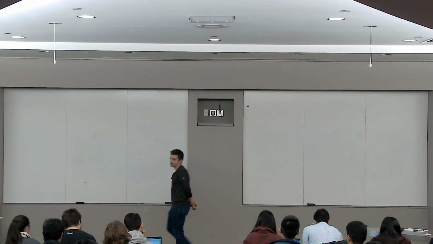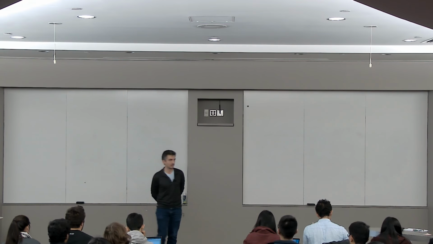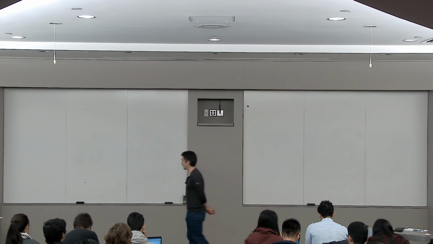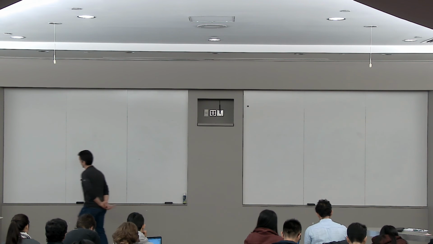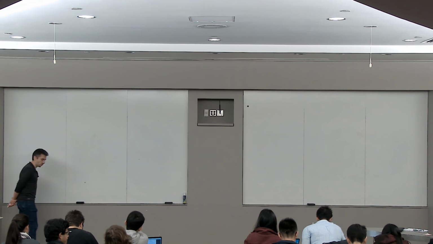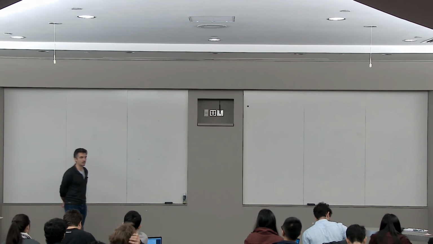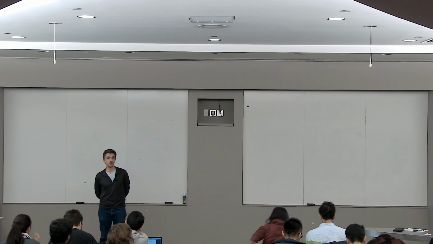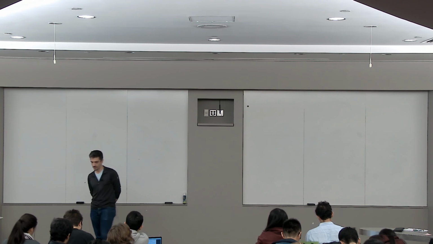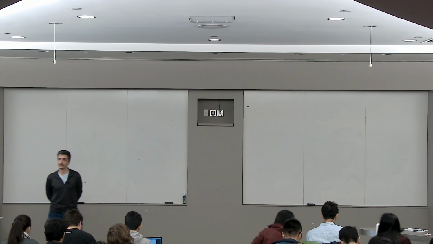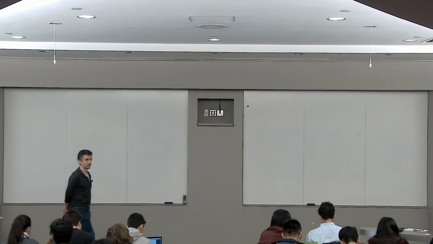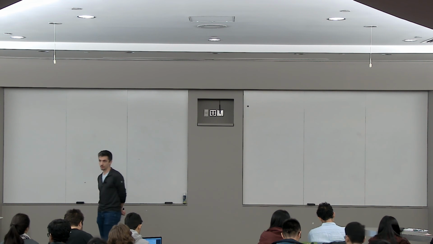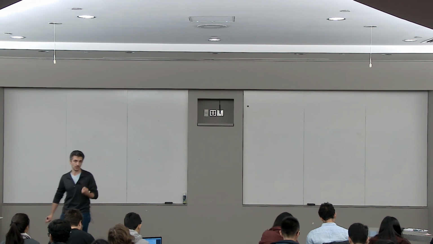Let me try to step back a little bit and first describe what exactly we've been doing in the last couple of lectures. Remember, we're studying the problem of statistical learning, where we're assuming that the data that we observe come from some distribution in an IID manner, and we're going to be tested with respect to some loss function on the same distribution, right? And with respect to a random draw from the same distribution.